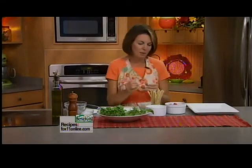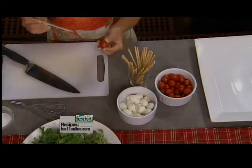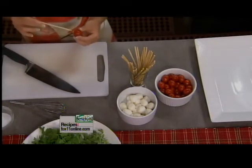So I basically picked up some 5-inch skewers. They have them right at Festival, or you can get the longer ones. You could even do little toothpick type skewers. And then we've got some grape or cherry tomatoes that are all over the place this time of year. So we're just going to basically thread the different ingredients onto a skewer